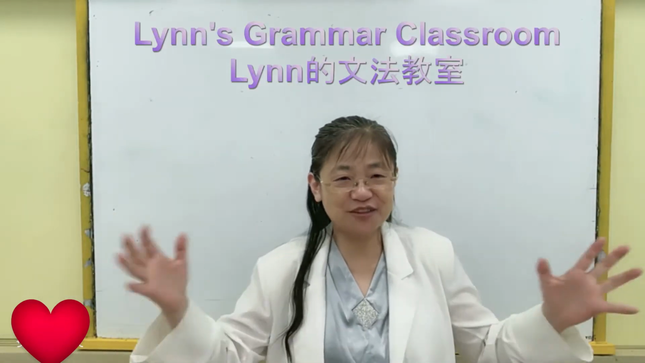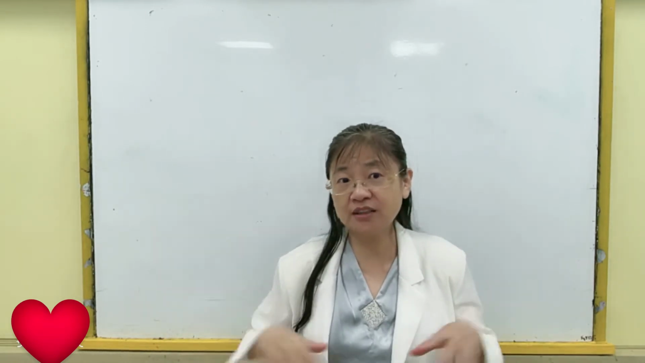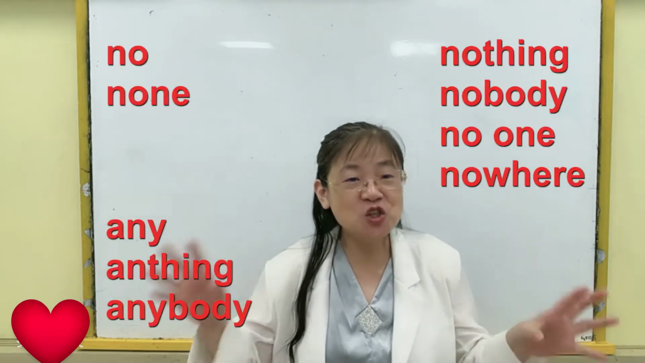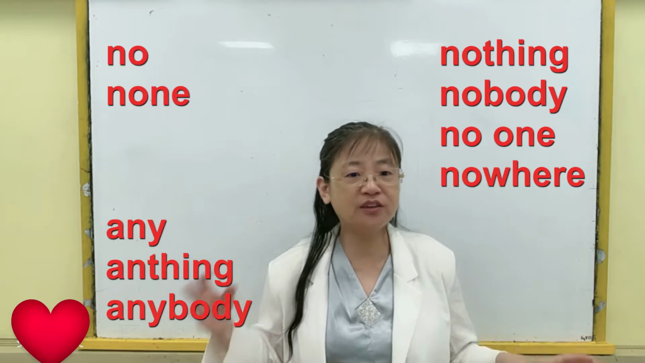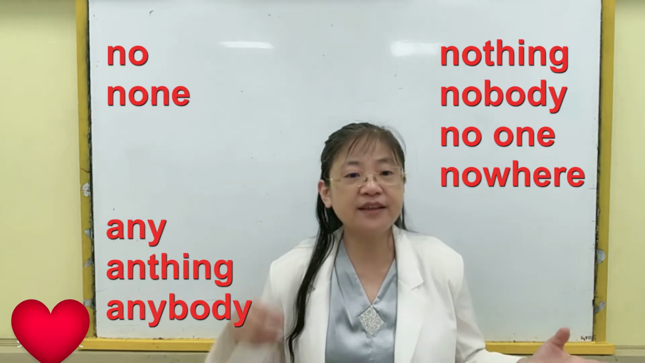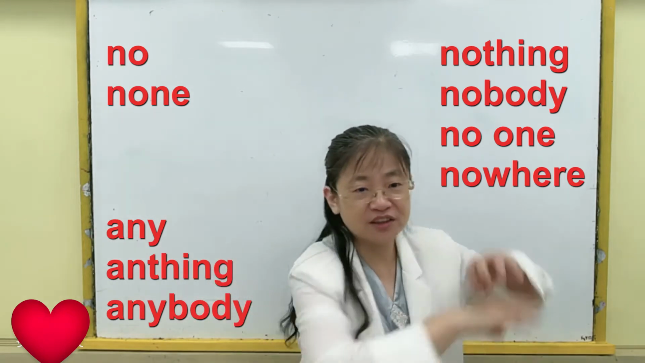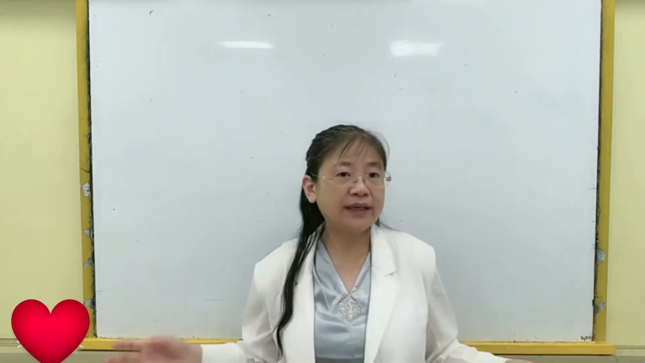English Grammar Classroom。今天我们要来讲一个很常用到，但是大家觉得好像很难又好像很简单的 What is it? No， 还有 none， 还有 nothing, nobody, no one, nowhere， 还有 any, anything, anybody。所以这些 no 或者 nothing 或者 any 这些到底要怎么用呢？我们来看一下 no，